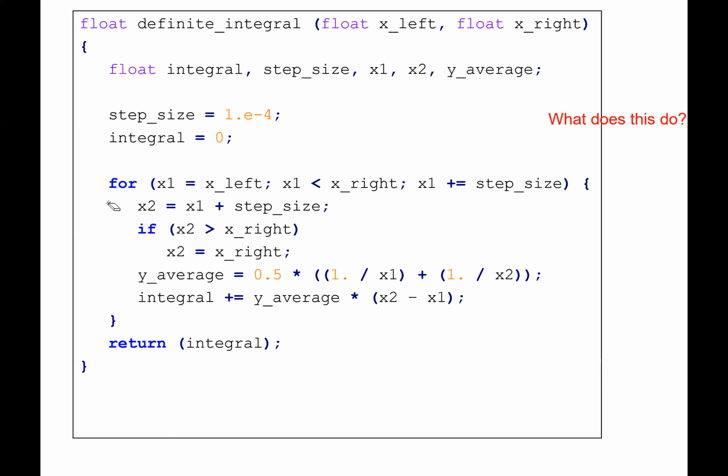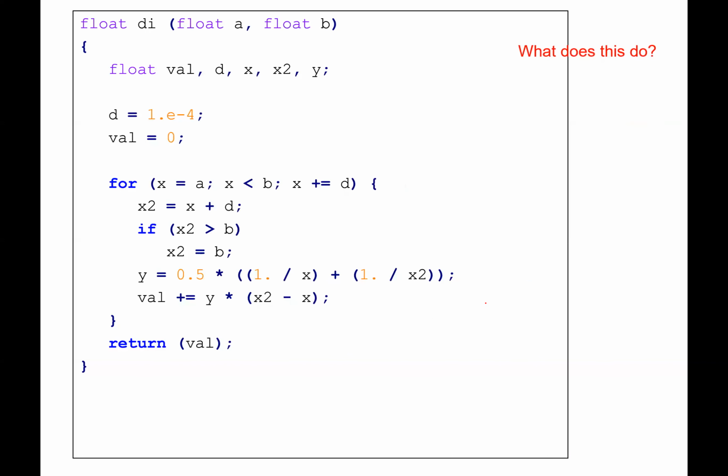Right. Okay. So I agree. So it's doing a definite integral, right? And it's doing it by finding the average y of this function and basically adding it up. Okay. Why did I show you this? It's to try to demonstrate how important variable and function naming is. These are not really bad names. This is the way early in my career I wrote electromagnetic field solvers. This is the kind of code that I wrote because this is the code that often applied physicists and engineers in that area write. Right?